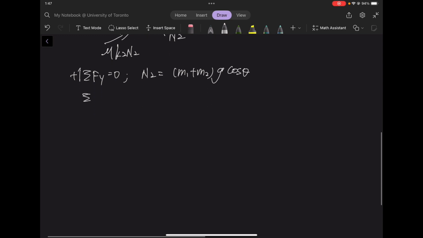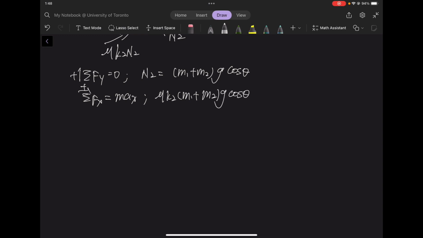And also in the X direction, it's equal to MAX. So we have mu_k2 (M1 plus M2) g cosine theta minus (M1 plus M2) g sine theta is equal to (M1 plus M2)